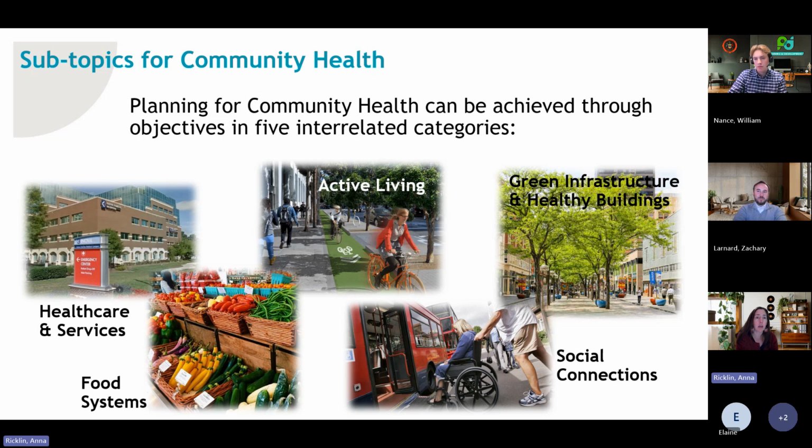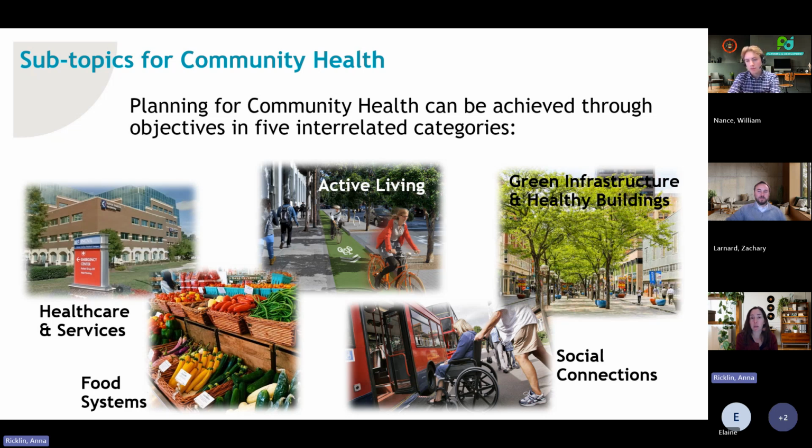A lot of this content may be complemented with information and direction in other sections of the plan. So you see in the active living photo, we have a person on a bike and next to a sidewalk. Of course, the community health chapter or the healthy communities chapter, whatever we end up calling it, will not necessarily be giving technical advice on how to organize or build bike lanes. That's really a transportation topic, but we do want to cover that those facilities are really important for a healthy community. Similarly, we're not going to give specific guidance on healthy buildings or green infrastructure, as a lot of that